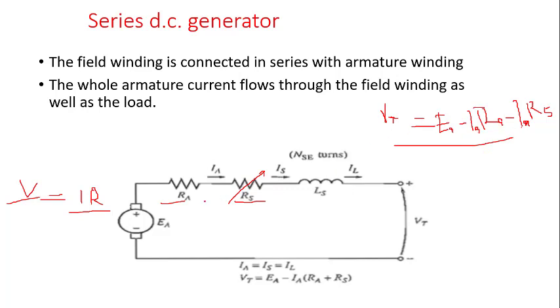I_A R_A to be this drop. You know that the same current is going to flow through this circuit. So I_A R_S. Now, since I_A is common here, we can factor I_A out. So in that case, we get our E_A to be minus I_A into brackets, now our R_A